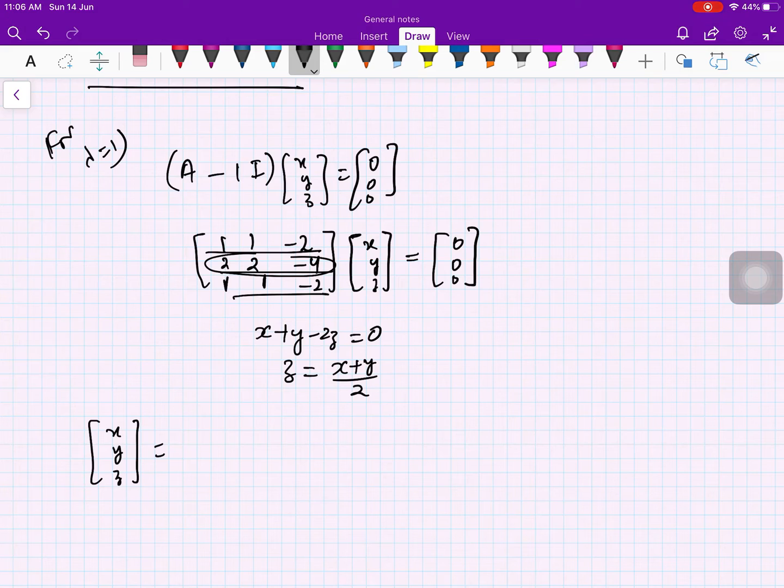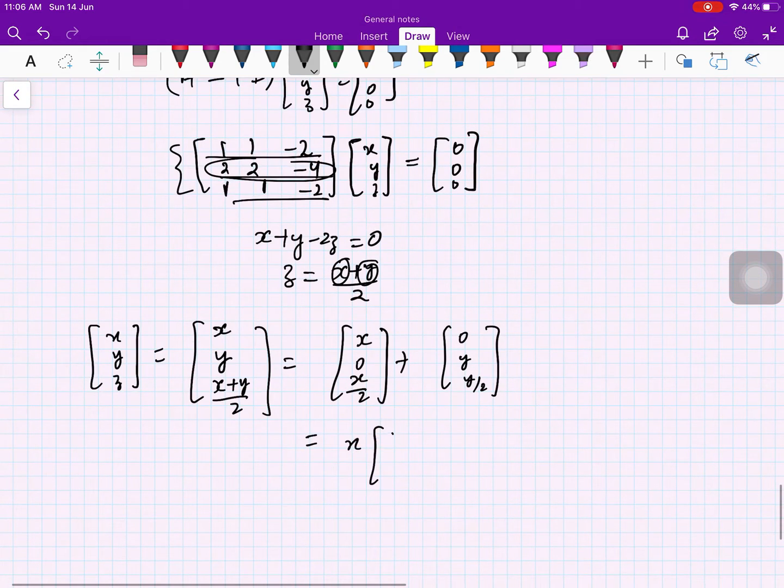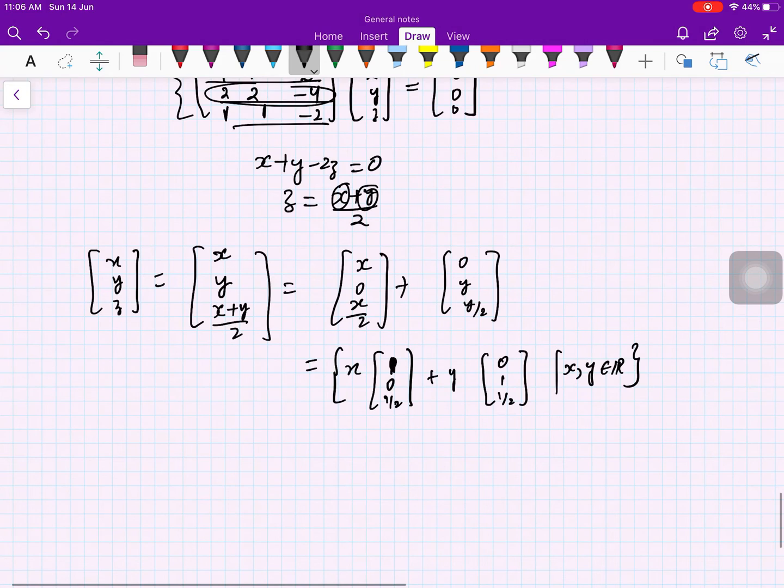Right, so your eigenvector x, y, z looks like x, y, and z is (x plus y) by 2. There are two free variables because we get only one equation. So this is x, 0, x by 2 plus 0, y, y by 2. I can write it as x into (1, 0, half) plus y into (0, 1, half),